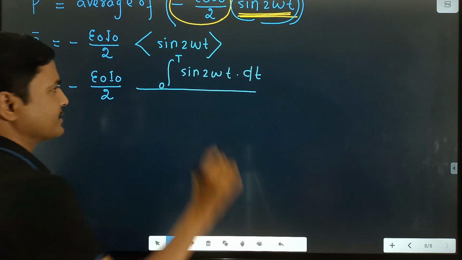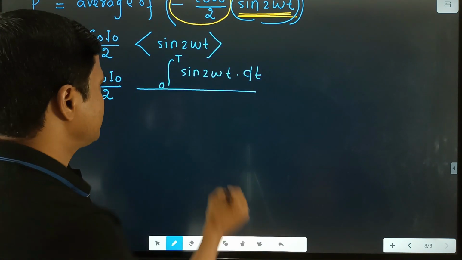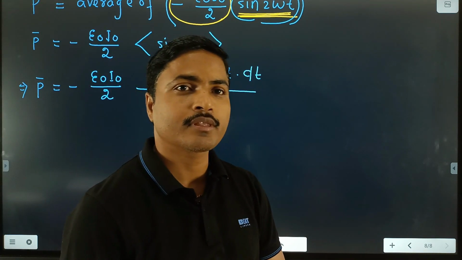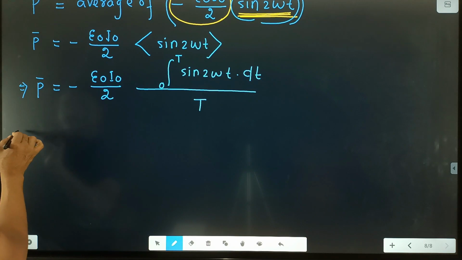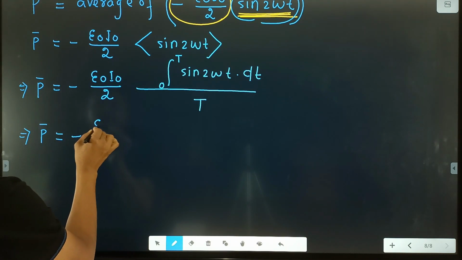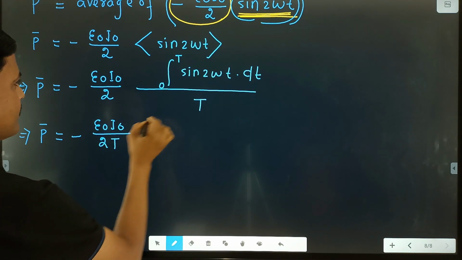Sum means the integration, divided by, for a full cycle, the time period t. This is the average value. Clear? That implies average power P bar is equal to minus E0 I0 divided by twice t into